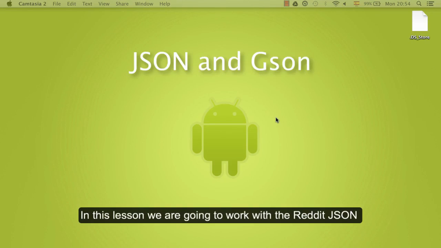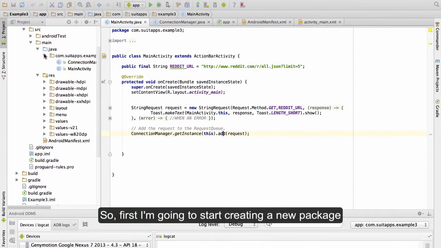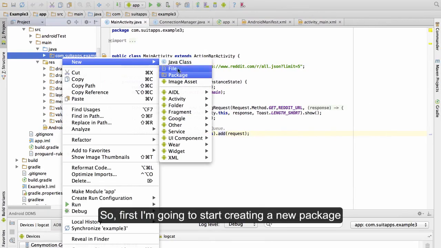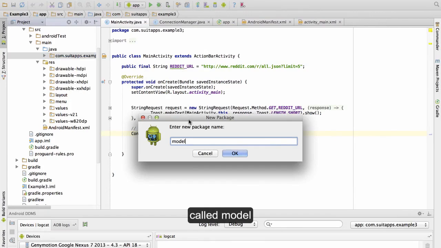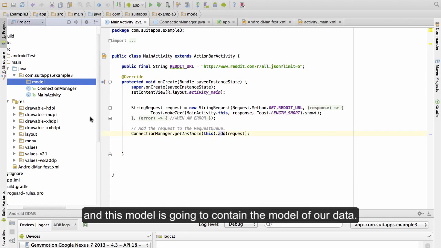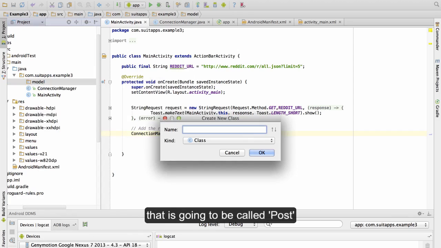In this lesson, we are going to work with the Reddit JSON in order to obtain all the data that we need to display in our application. So, first, I'm going to start creating a new package called model, and this model is going to contain the model of our data. So we are going to create a class here that is going to be called Post,